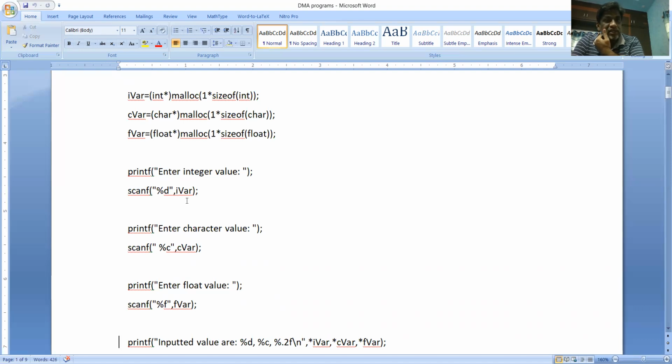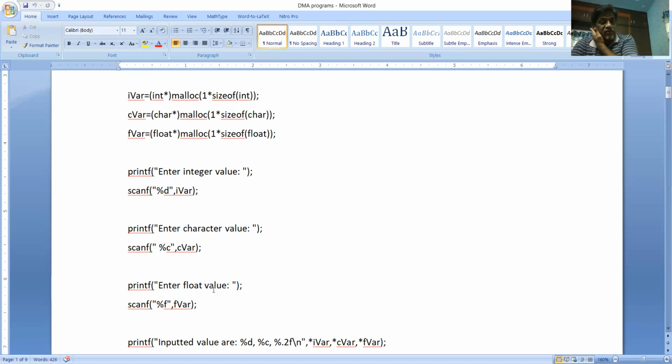Okay, you need to observe this space over here. After entering an integer value, when you press enter, that will go to the character. Therefore, to avoid storing that enter into the character variable, give a space over here. Okay, so it will be ignored now. Then the character value will be taken into CVAR.